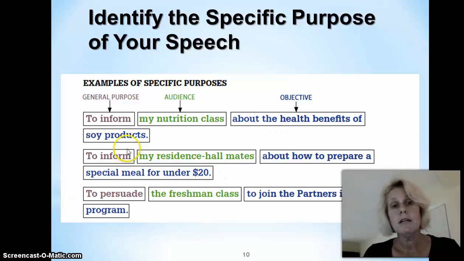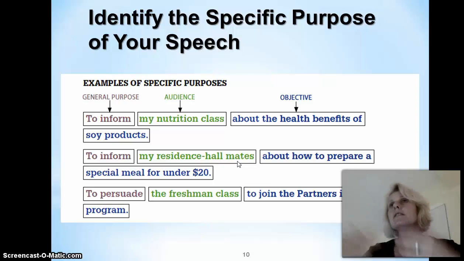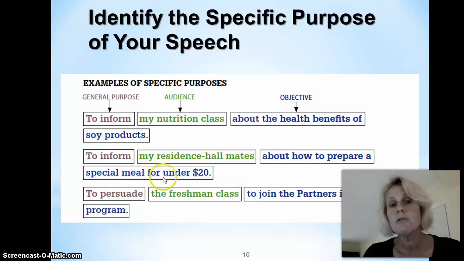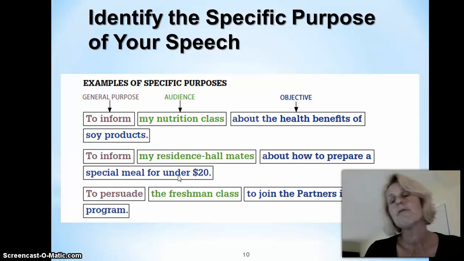Our second one here is also informative. My resident hallmates, okay, so again, she looked at the demographics of these folks, and the important reason for looking at the audience is, again, to think about good examples that they can relate to, so that you create a common bond with them, about how to prepare a special meal for under $20. So we know the objective, or what her speech is about, is how to prepare a special meal for under